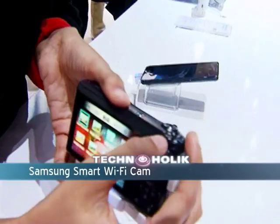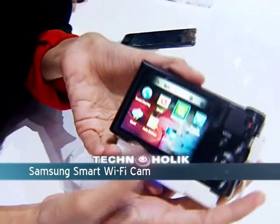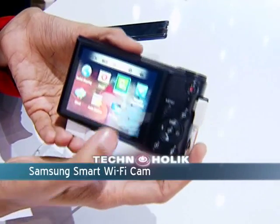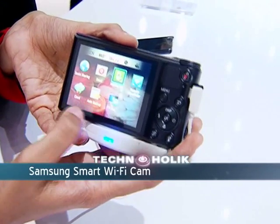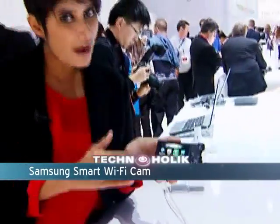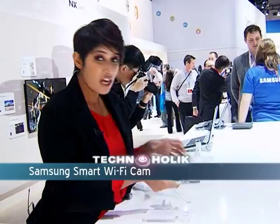Now, the cool feature in this camera is this. There's a Wi-Fi mode that you can use. And these are the options in the Wi-Fi mode. You can choose to email the picture to yourself or do something called the MobiLink, which will transfer the photographs from the camera onto your phone, and also do an auto backup, and also use a TV link which basically connects the camera to the TV, and you can watch the pictures in full-blown glory without having to connect any cable. Alright, so let's test out the MobiLink feature, which is basically transferring the photographs from this camera right